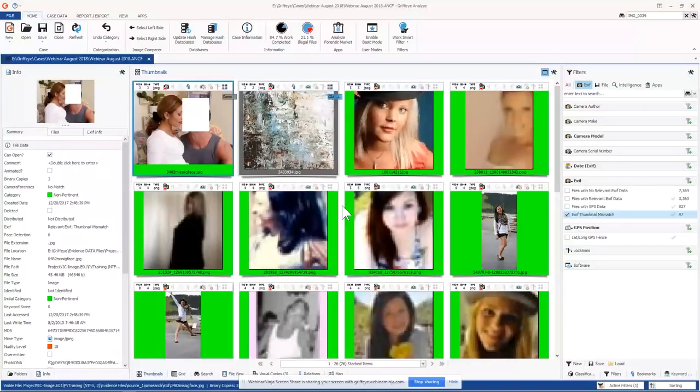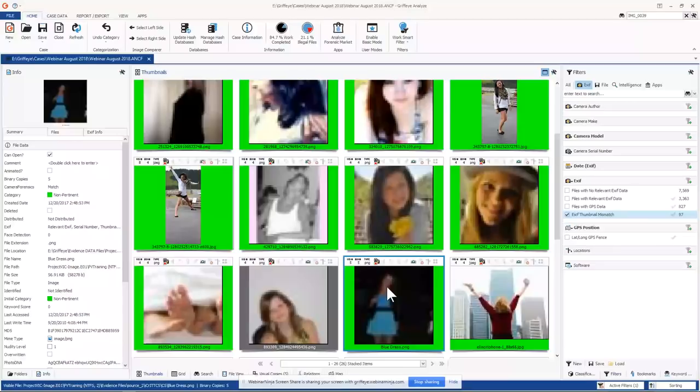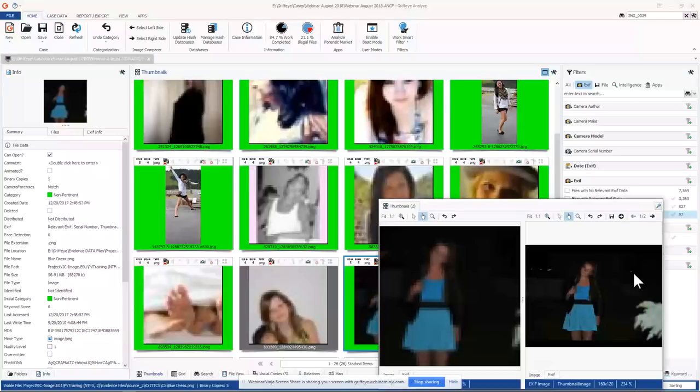We'll use this girl in a blue dress as an example. I'm going to look at this image, and it says, here's the EXIF thumbnail, but according to this, there is more than one embedded. There's a second EXIF thumbnail. If I hit that arrow, it shows me it's actually a little more resolute than the first thumbnail. You might not be able to make an identification there, but you certainly can with that embedded thumbnail. That's very powerful.